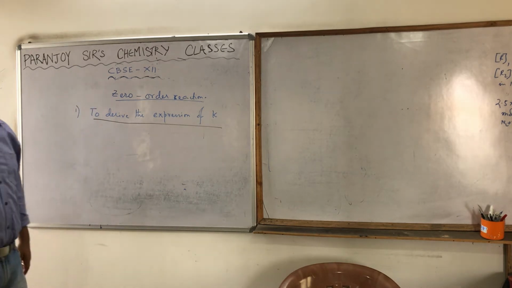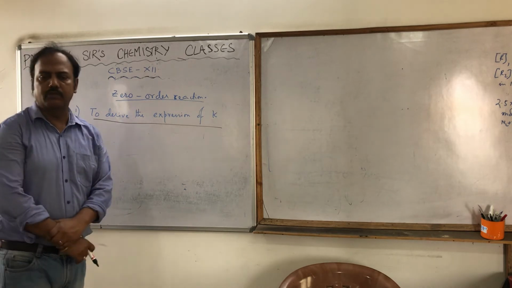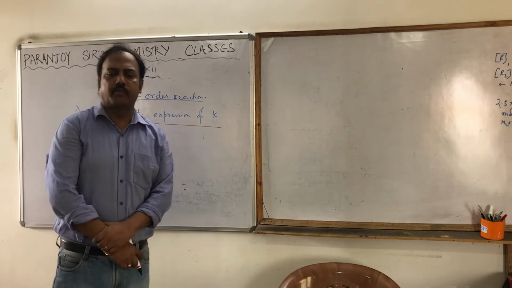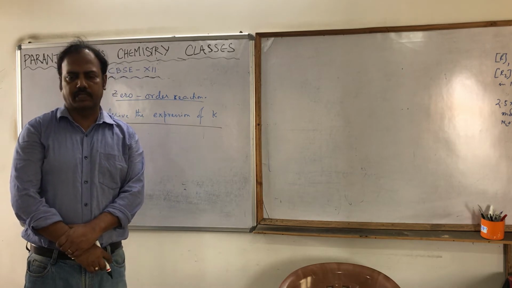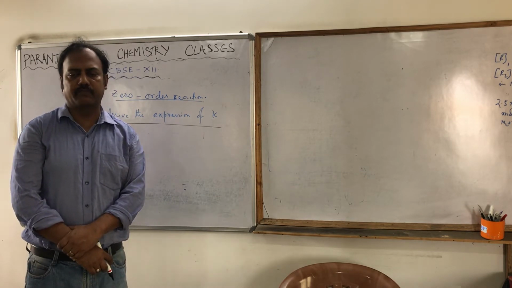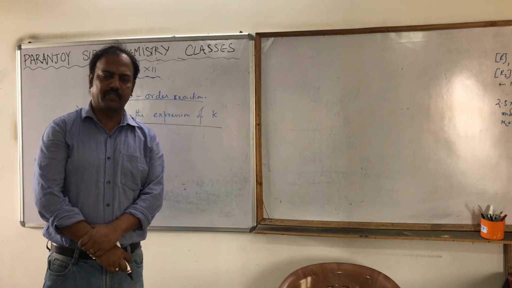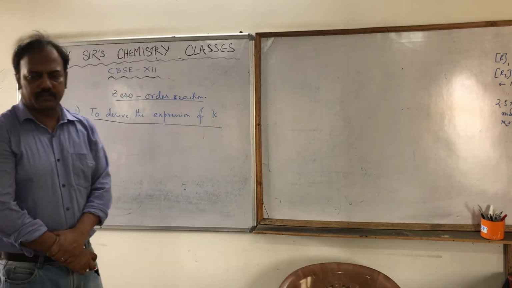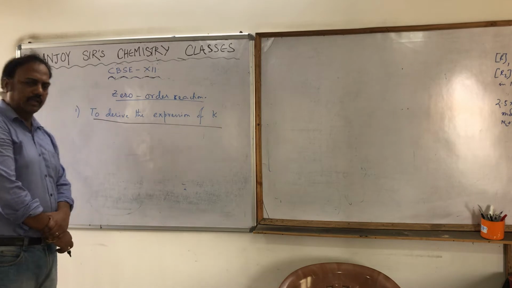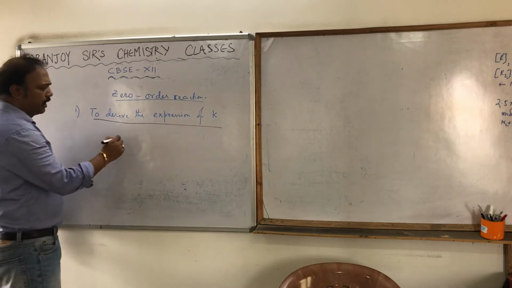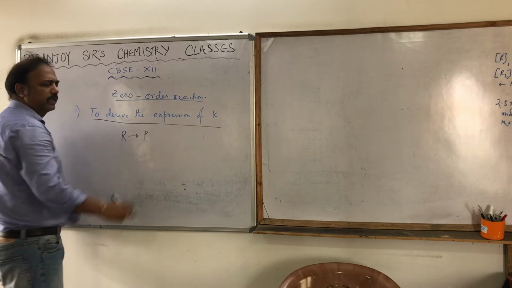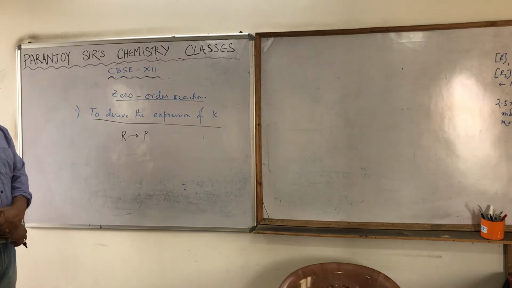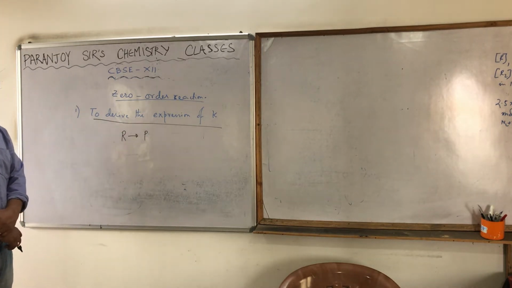Okay. So, zero order reaction. First of all, what is order? We know order is the power of the reactant molecules in the rate expression. In the rate expression, whatever is the power, that is the order of it. And here the power is 0, that is why it is a zero order reaction. So I am starting with a simple reaction, reactant to product. If this particular reaction is zero order,